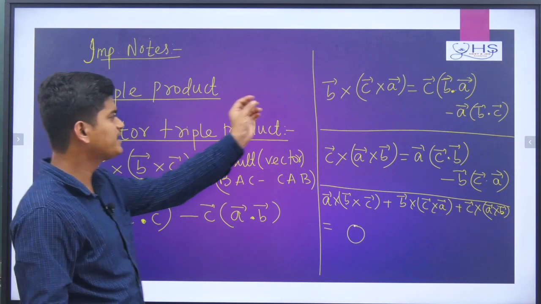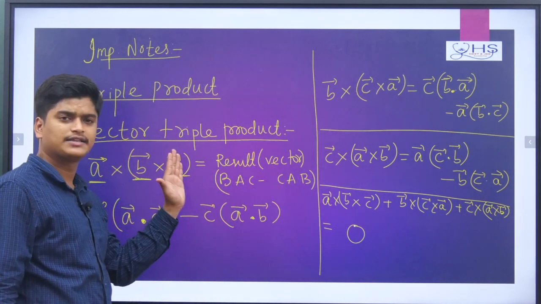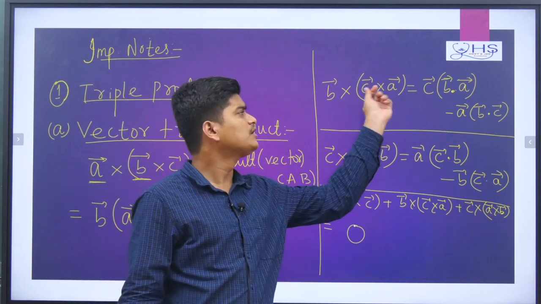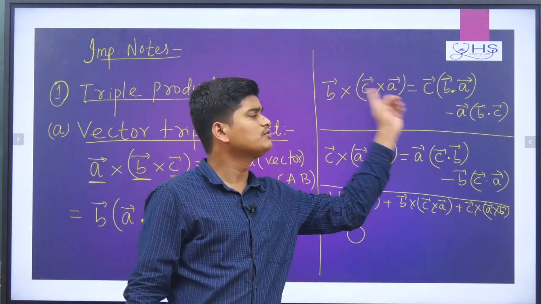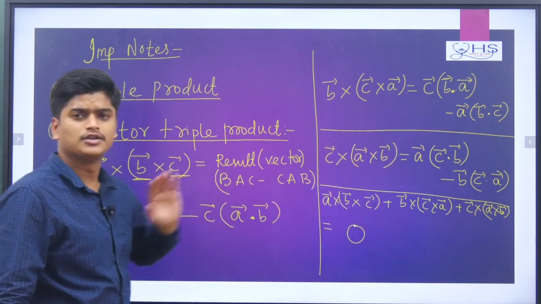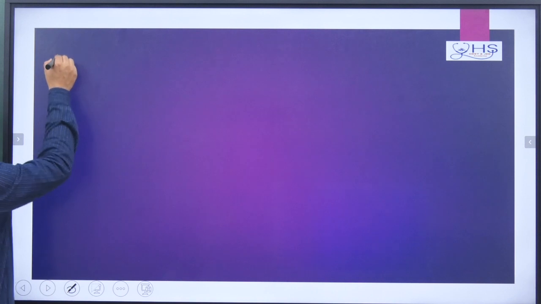But when the sequence is changed, what to do at that time? Now you go for first, second, third like that. Then after checking, second vector into first vector dot third vector, minus third vector into first vector dot second vector. So like that you are doing. Now we will go to the next thing. Okay, now come to the second thing.